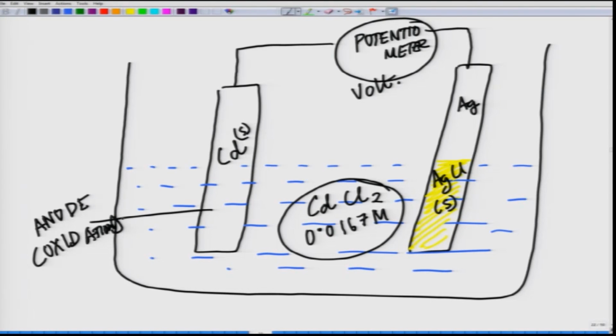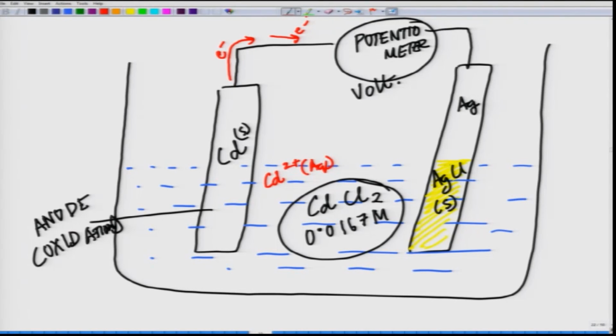So in other words, at the anode what will happen? Cd2+ will go to the aqueous solution. So in that case there will be an electron which will be generated,